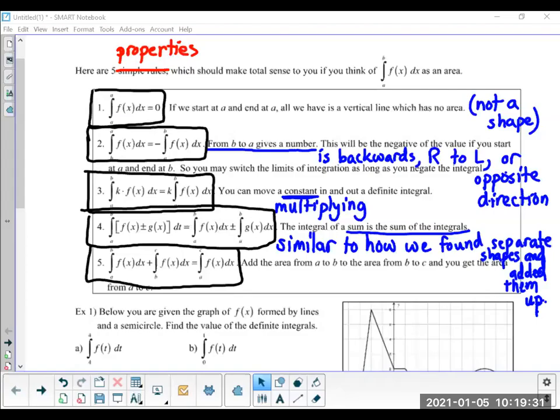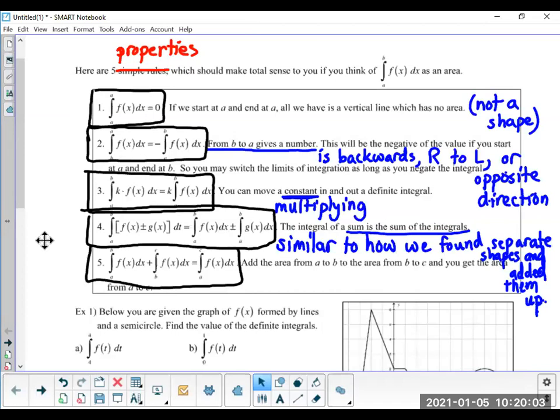Okay, so from the work we've done with the definite integral, we have arrived at some things that just make sense because of how math works. I don't really like calling them rules; they're more properties, because they arise from the way math should work. If this is all of the math we've been doing so far, this new math, this calculus, should fit into that. So for example, in number one, we have the definite integral from a to a of f of